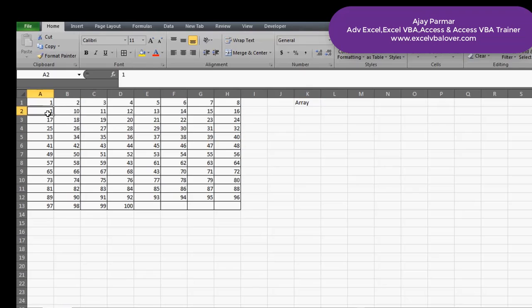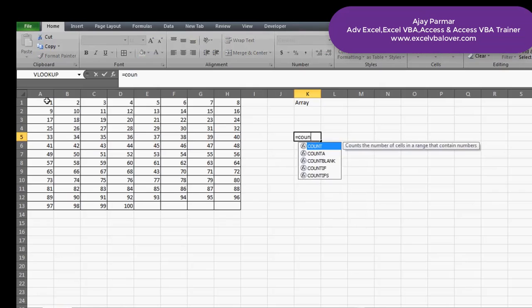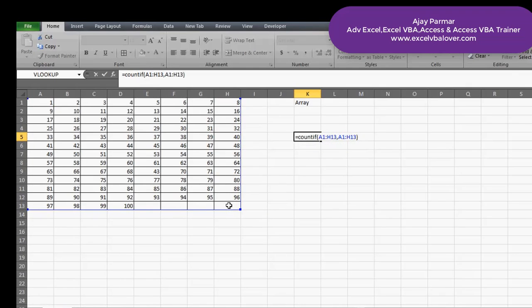So let me put this table back to the original 60. And this time I'm going to create an array. I'll use the function called COUNTIF, the way I just used it with the helper column. Now I'll give the range, and for the criteria, I'm not going to select one cell, I'm again going to select the entire range. And this time I'll press Ctrl Shift Enter because arrays work only on Ctrl Shift Enter.